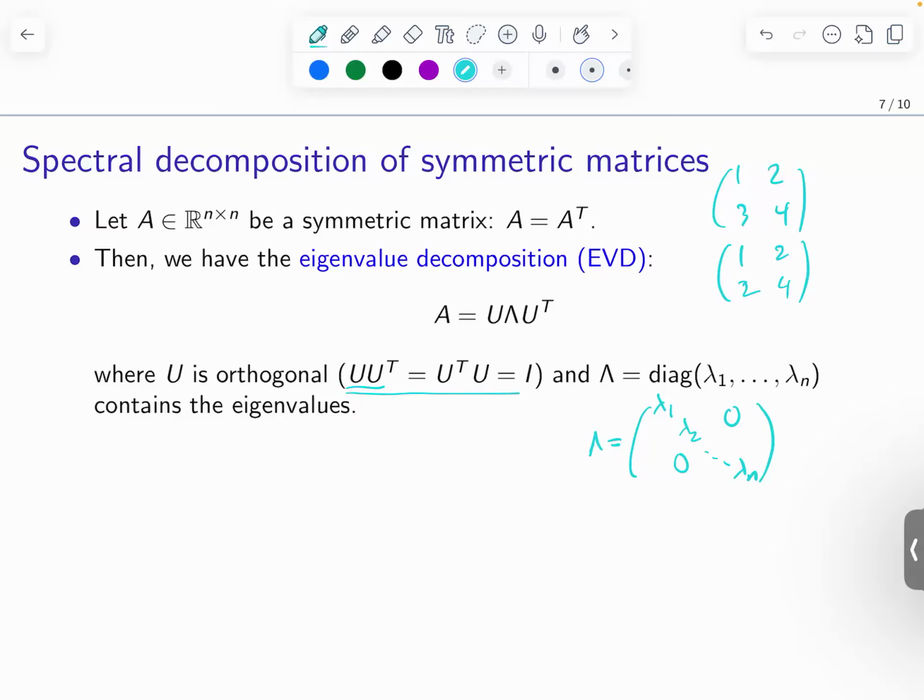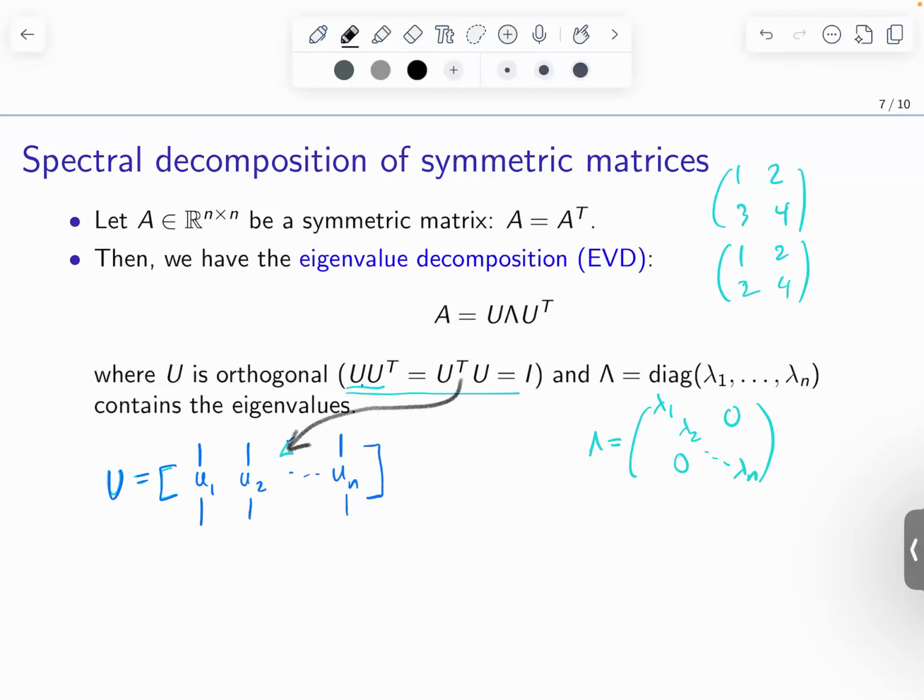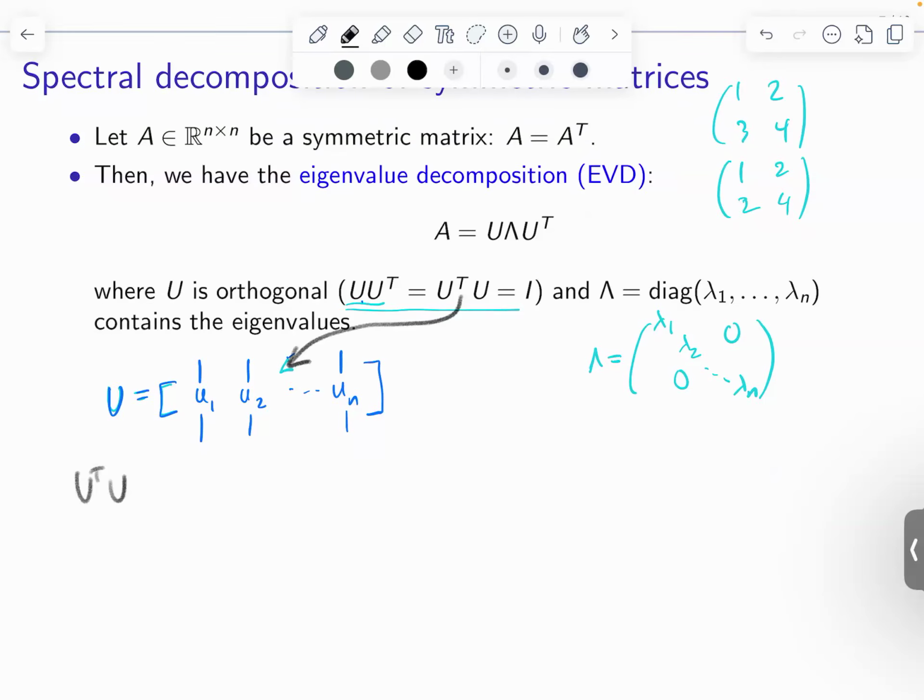Okay. And the fact is, what this orthogonality means is, if I write U as the set of its columns, or just decompose it into its columns, let's say U1 is the first column, U2 is the second column, and UN is the last column. What this relation means, actually what the second one means, is this. So if you write it down, U transpose U would be